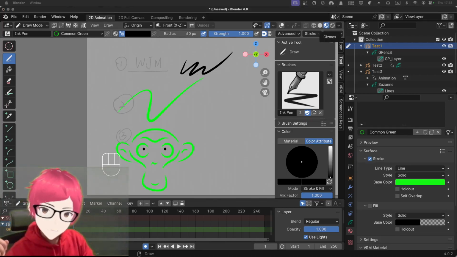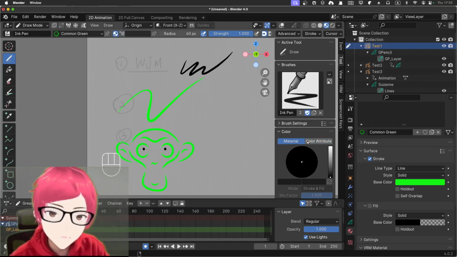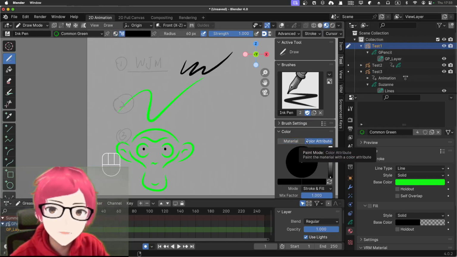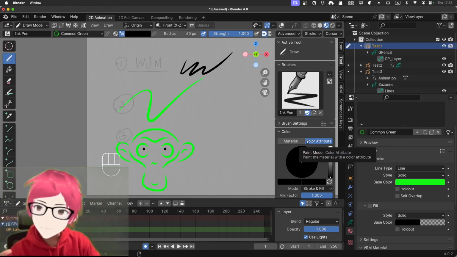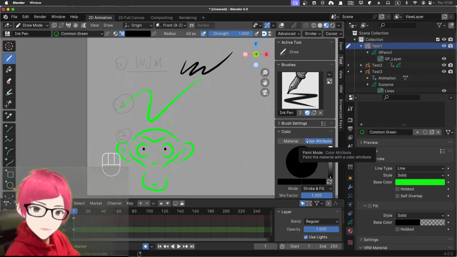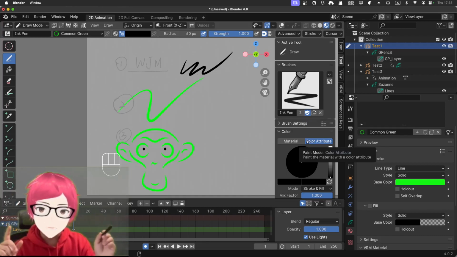So here's the step. You just need to choose the material. Basically, if you choose color attribute, you are going to use that specific color regardless of the material that you choose. Even though you choose a common green material, it will not work. But it has a plus sign: you can use that for annotation. For example, if you want to write something on this canvas, you can do that, and it will have